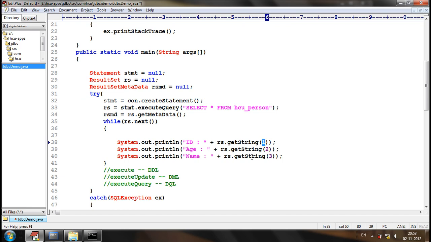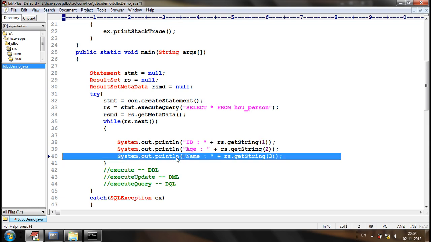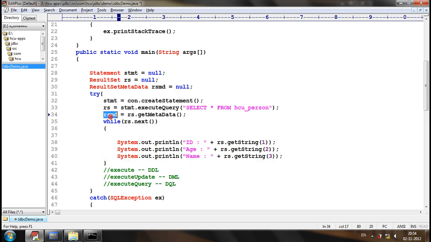If the number of columns is 2, what happens? It will give an exception. So if you don't know what are the number of columns or what is the name of the column, then what we do is we use the result set metadata. Just how we can make use of result set metadata is, in the while loop,